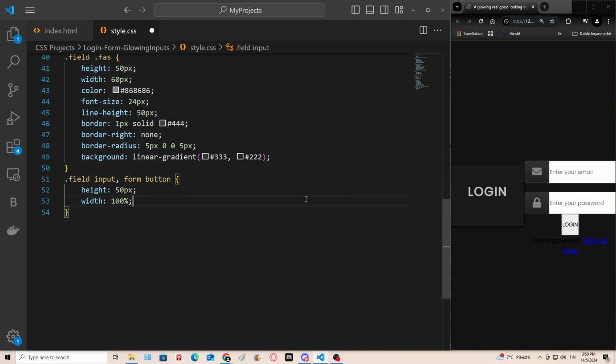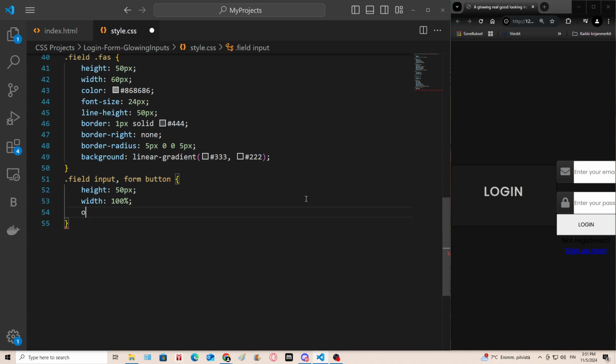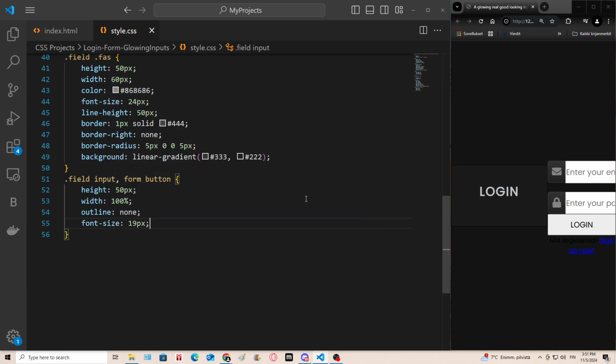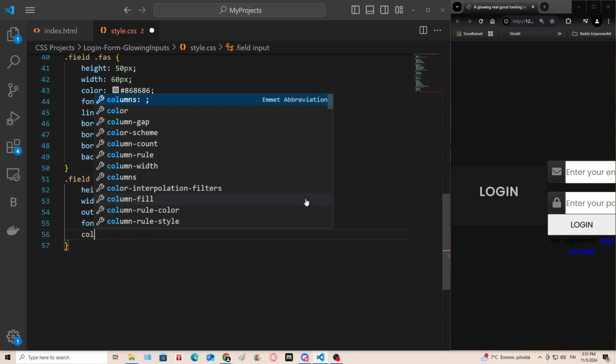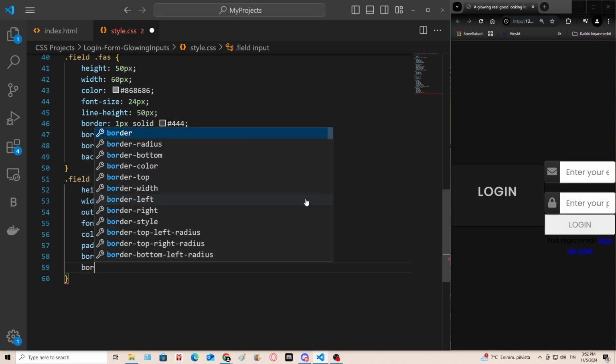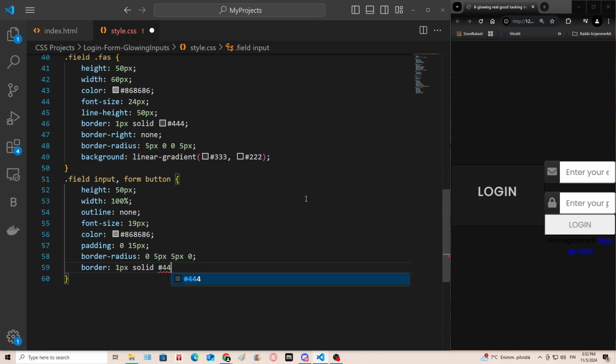width, let's set it to be 100%, then outline will be none, font size 19, let's say, color, there we go, padding 0 and 15 on the sides, border radius 0, 5 pixels, 5 pixels and 0, border 1 pixel solid, 444,